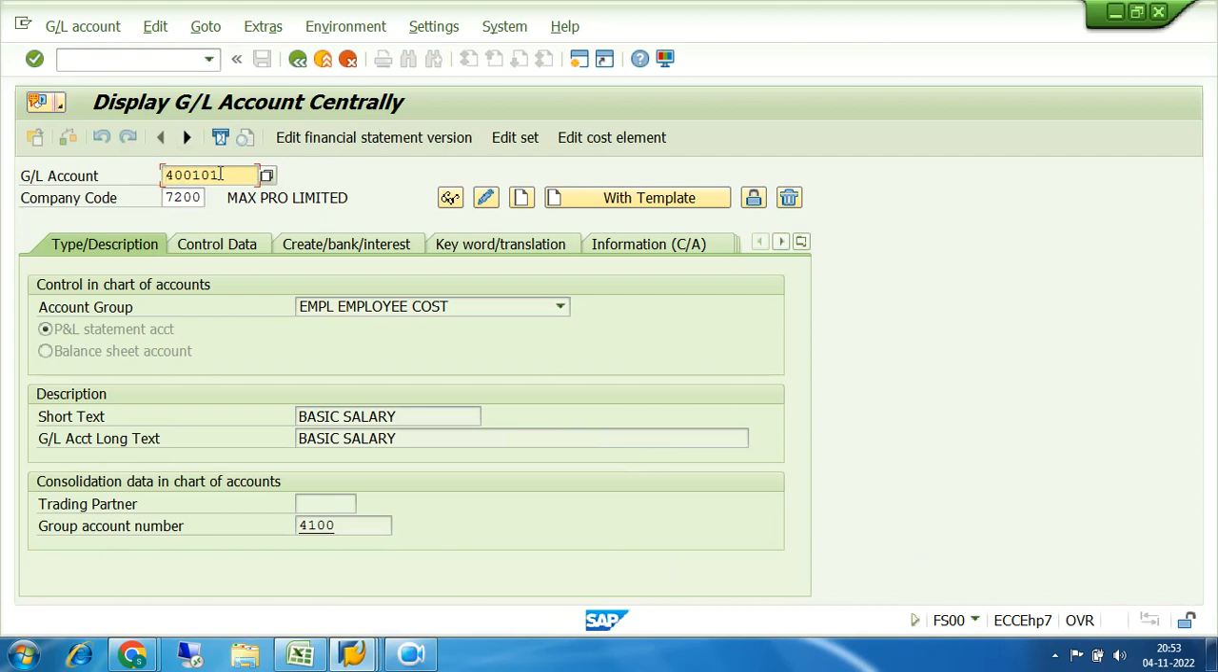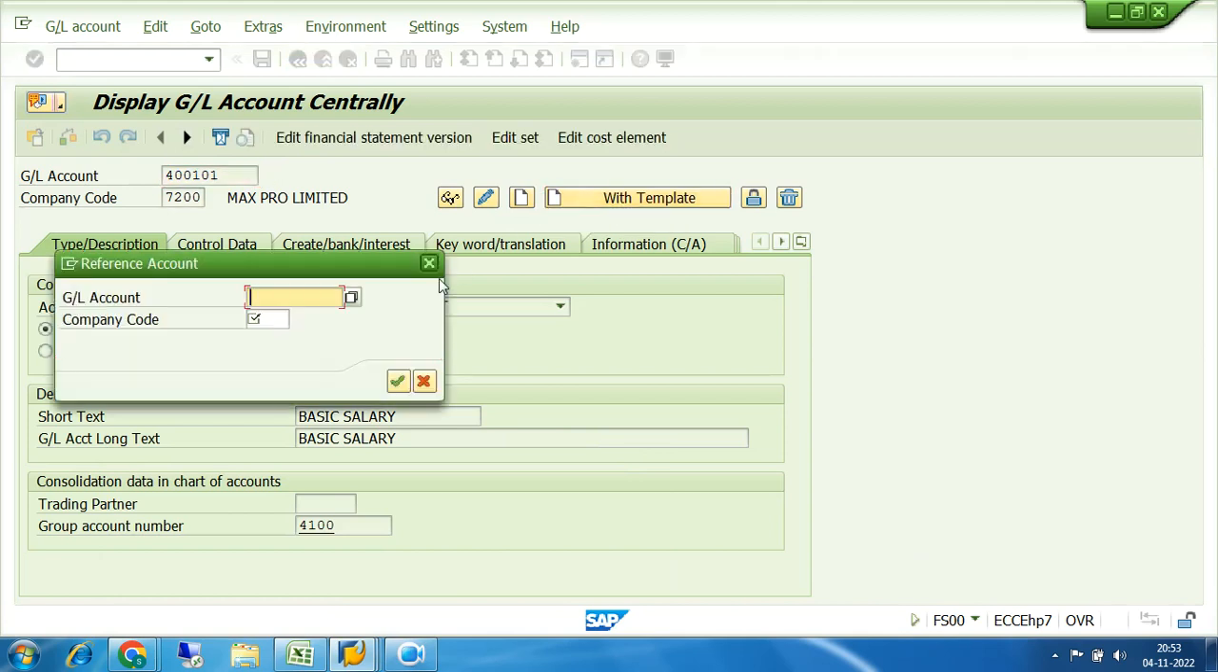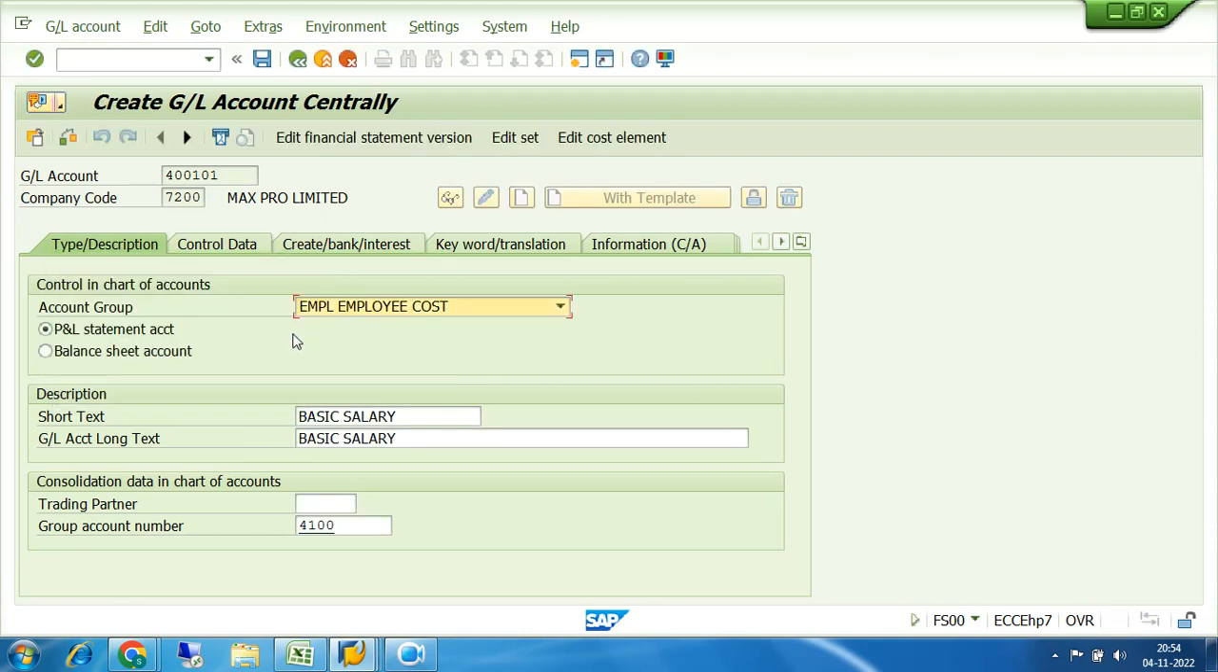So here I am giving 400101. Suppose I am creating from with template. Once I click on the with template, now the system allows me to create the GL. Why? Because that deblocking is already undertaken. Suppose I am copying it from the salary account. 400100 is the salary account which I have created, and the company code is 7200. So this is the thing from which I am copying. So click on enter. Once I click on copy, everything of my previous GL, including description and everything,